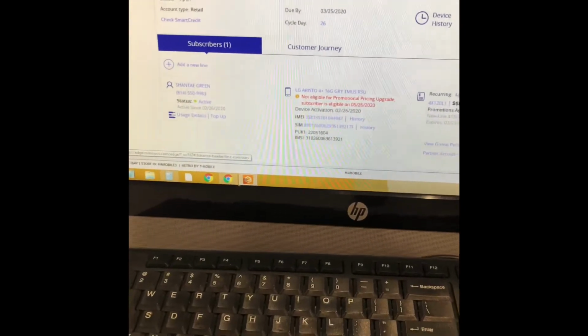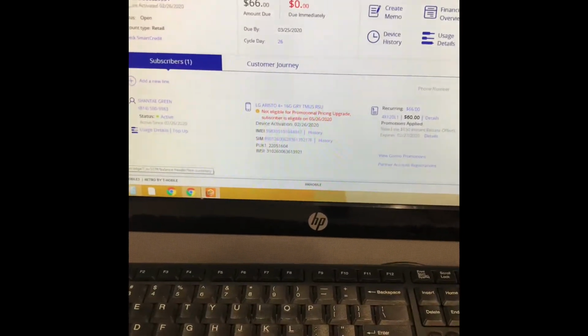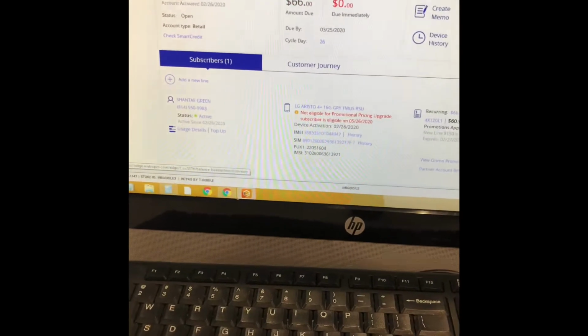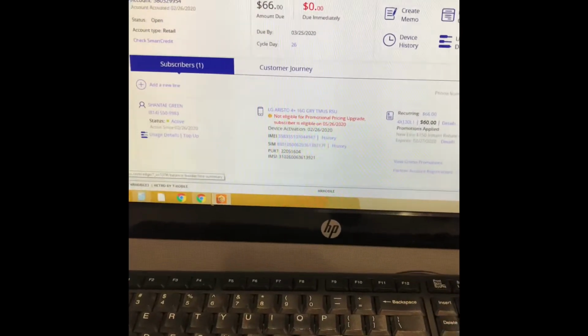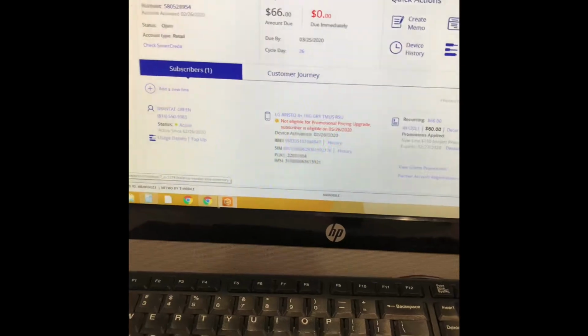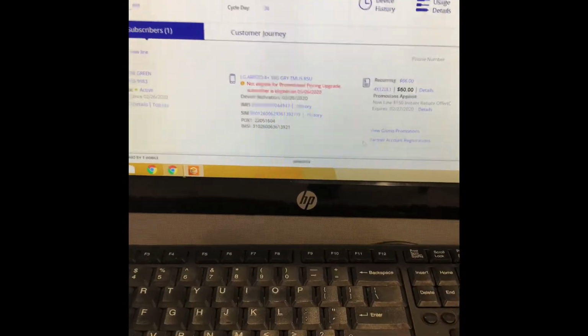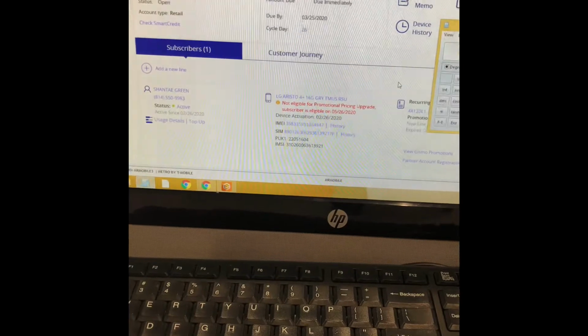But let's pretend that this customer here is just on the $60 plan. Obviously, they have a $6 PHP. But what we've been seeing everybody do is, when you're adding lines to an account, let's say this customer wanted to add a line to her account and she's going to be on the 2 for $90. Okay. What everybody's been doing is